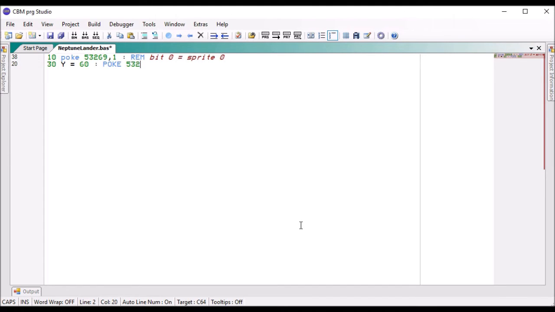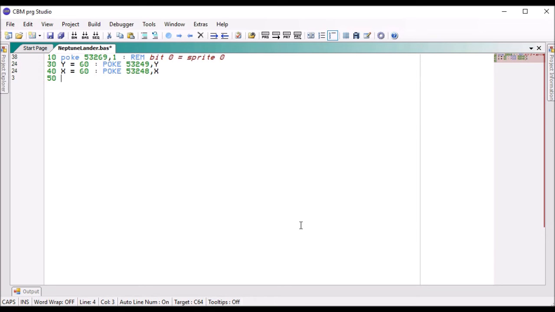So poke 53249 with Y, and we'll do the X one as well. So X equals 60, and poke 53248, because X was before Y, of sprite 0 with X,